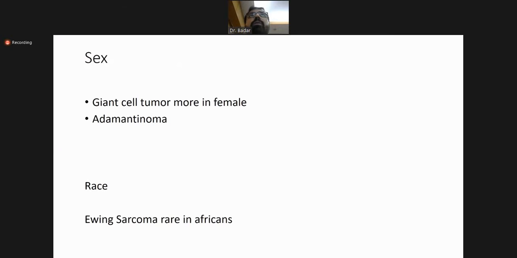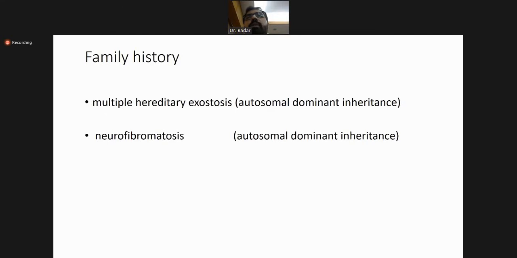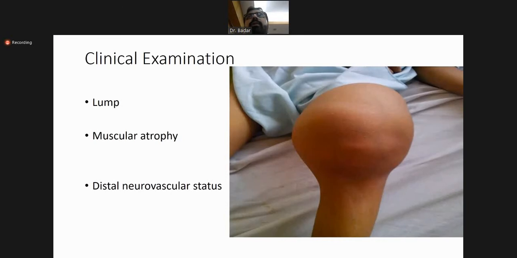So this is very simple to remember. Second, giant cell tumors are more common in females, and adenocarcinoma are more common in females. So these are the tumors that run in the family. So this is the key: what important things you will ask in the history, and that will guide you how to solve your question. Second thing you need to ask is